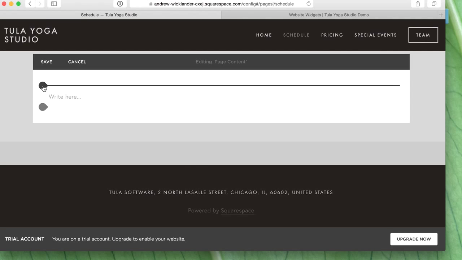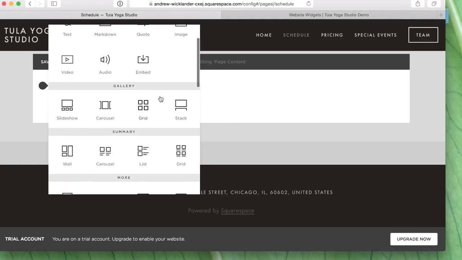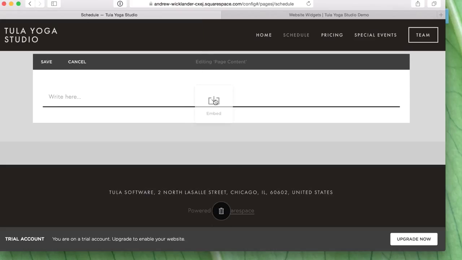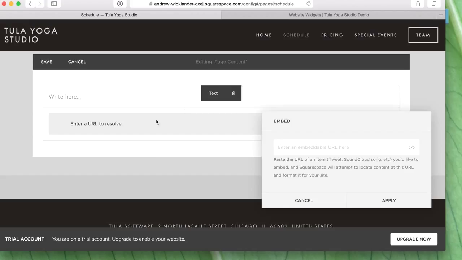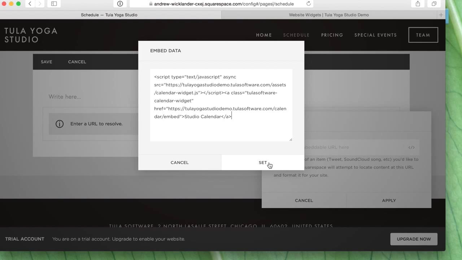Squarespace gives you the ability to take what amount to content blocks and put them on your page. And it's really nice because they let you drag and drop things all over the place. One of the things you can do is embed code from an external site. So you're probably familiar with this via things like YouTube or other video players. What you'll do is you click this little code icon in the embed code block and you paste it in here,